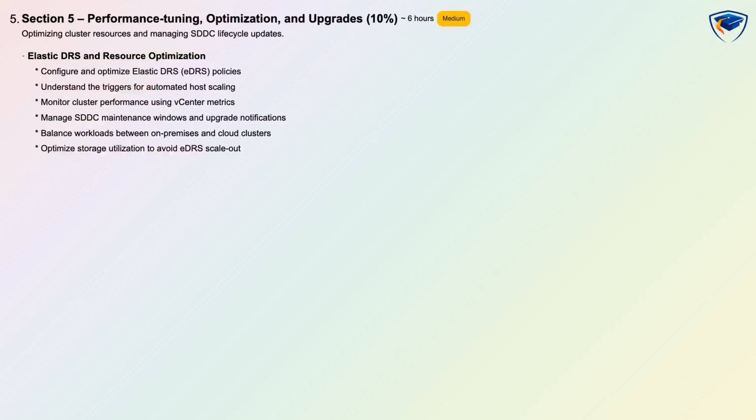You will learn to configure and tune Elastic DRS policies, understand triggers for automated host scaling, monitor cluster performance using vCenter metrics, and manage SDDC maintenance windows and upgrade notifications. The domain also explains balancing workloads between on-premises and cloud clusters and optimizing storage utilization to avoid unnecessary EDRS scale-out